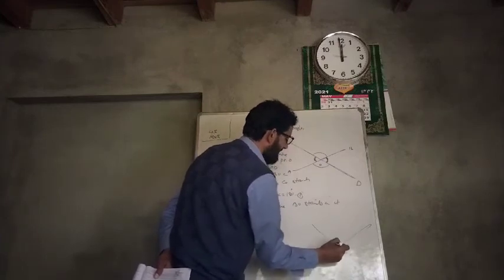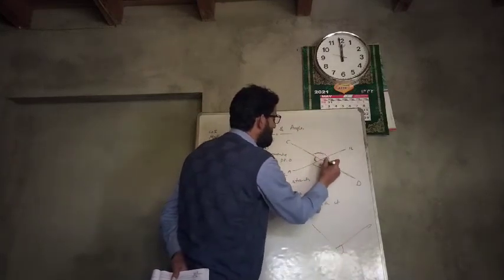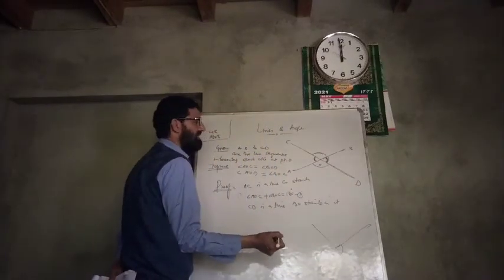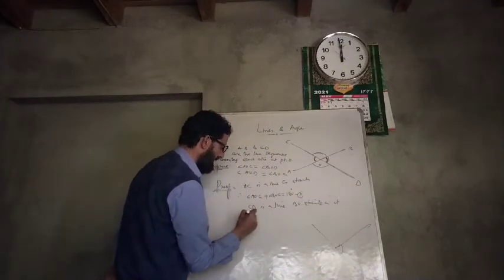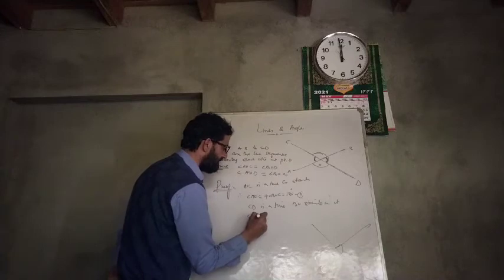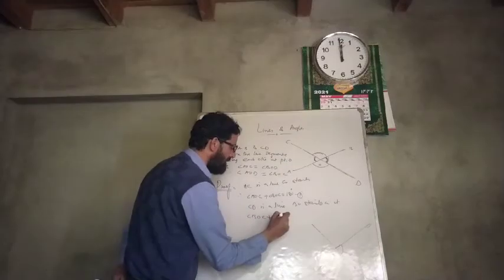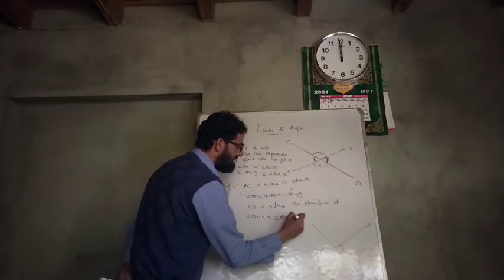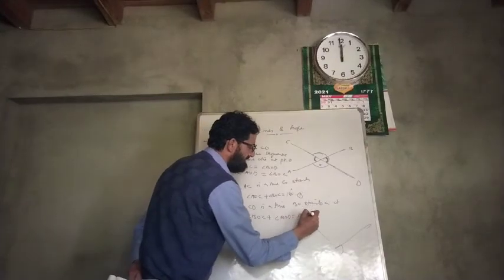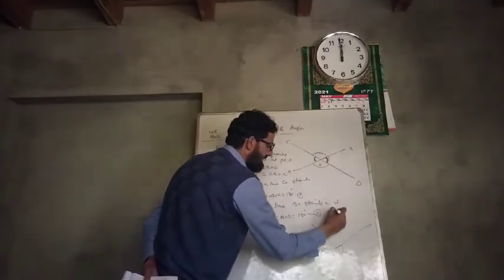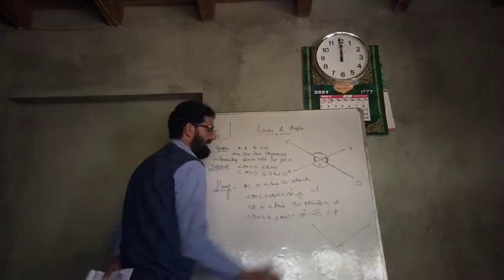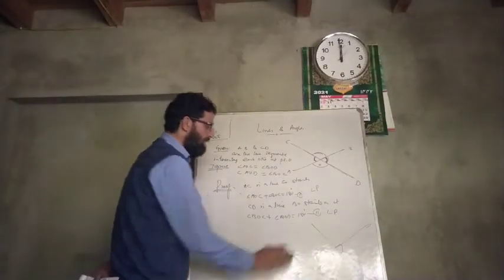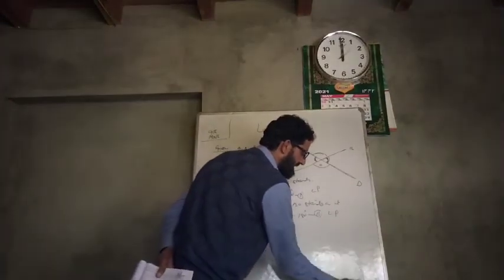Now tell me, this angle plus this angle is again equivalent to 180. Therefore, angle BOC plus angle BOD is equal to 180. This is equation two. This is again a linear pair, LP, a linear pair of angles. Now comparing first and second, we get